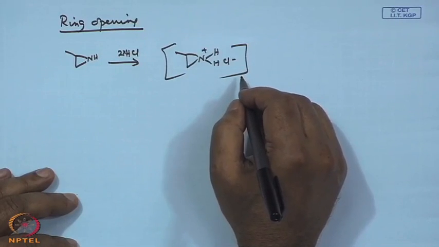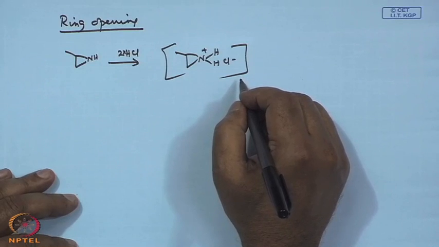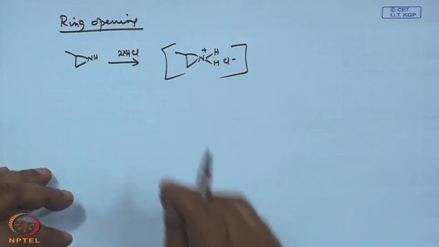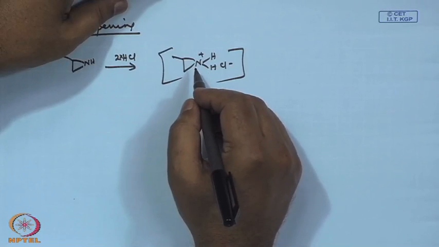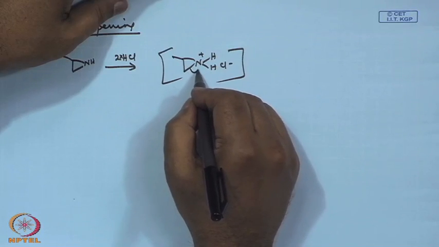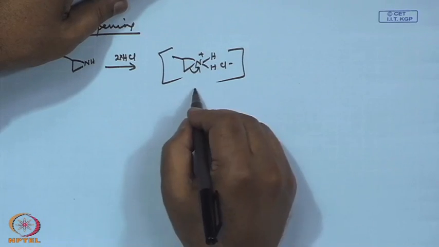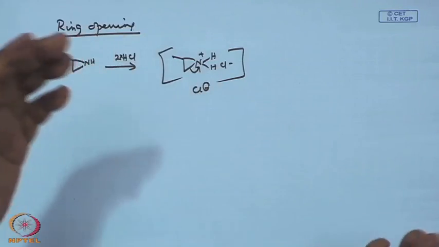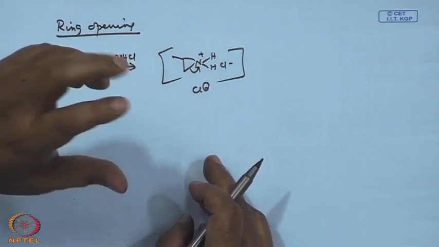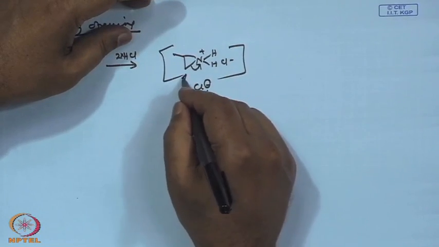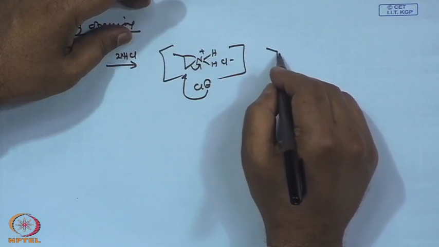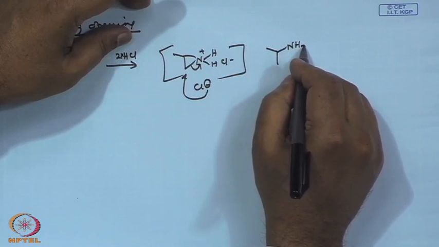So, the question is why does it react? This is a continued research topic, even today people are working on this ring opening. Okay. So, now this is activated, a proton has made this even more activated. Okay. Because there is a charge separation possible, the chlorine can attack here and here, depending on the balance of the electron effect of the substituent, but in this case it attacks